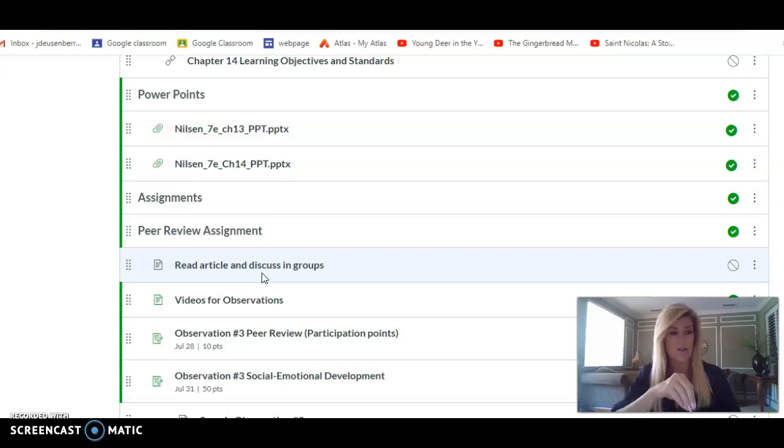And then ECERS looks at the actual environment. Those are the two things that QRIS uses. There's also PAS, the Program Administration Scale, which assesses the directors of the program. Those are all things, again, that you'll be seeing later on in your 200 section of courses where we really dive deep into the